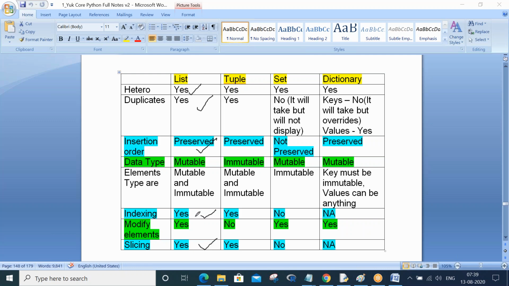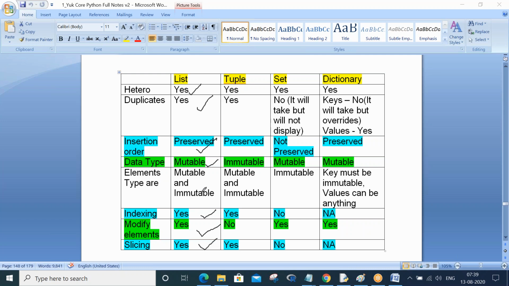Now, what type of data type is list? List is a mutable type. You all know what mutable means: in the same address you can modify the data of the list multiple times. So list is mutable, and if it is mutable, modifying elements is possible. Yes, of course. Element types means what all elements you can give inside your list.